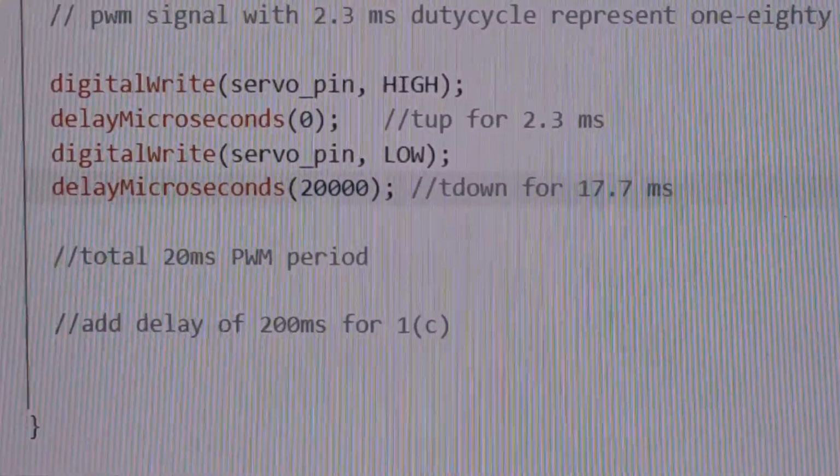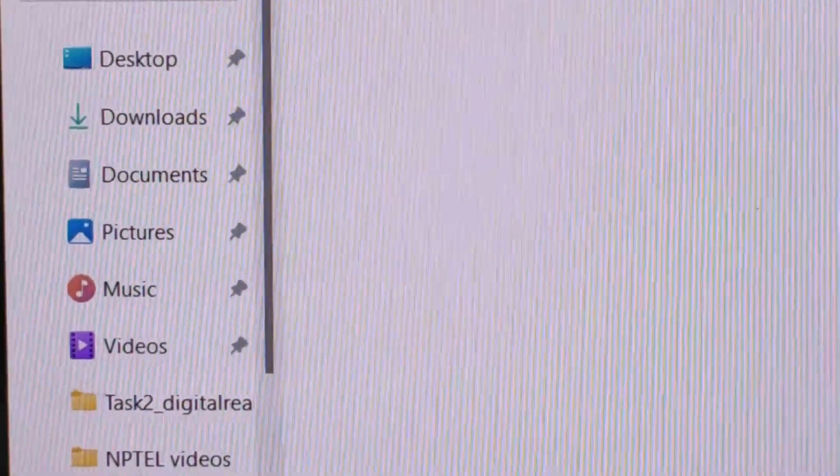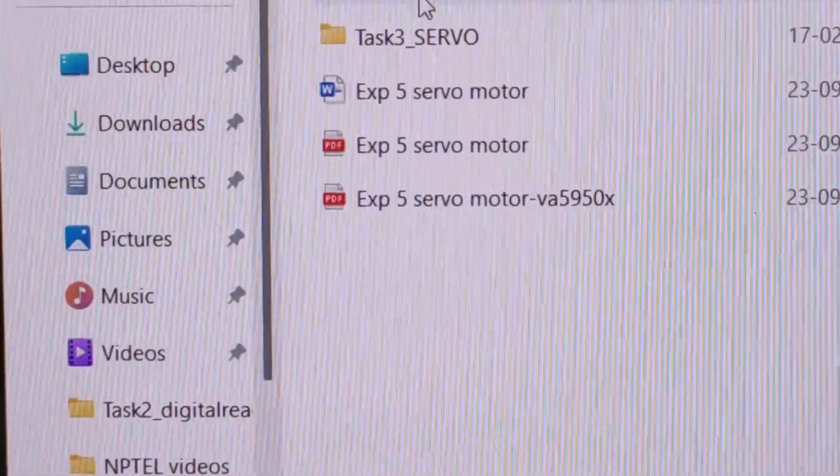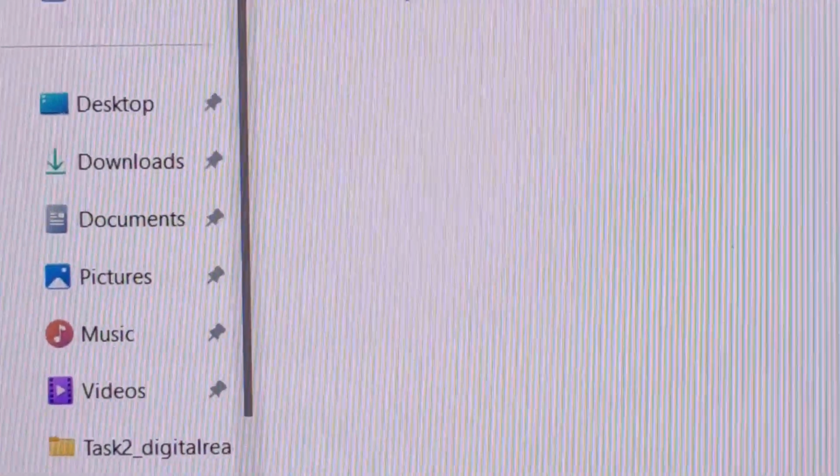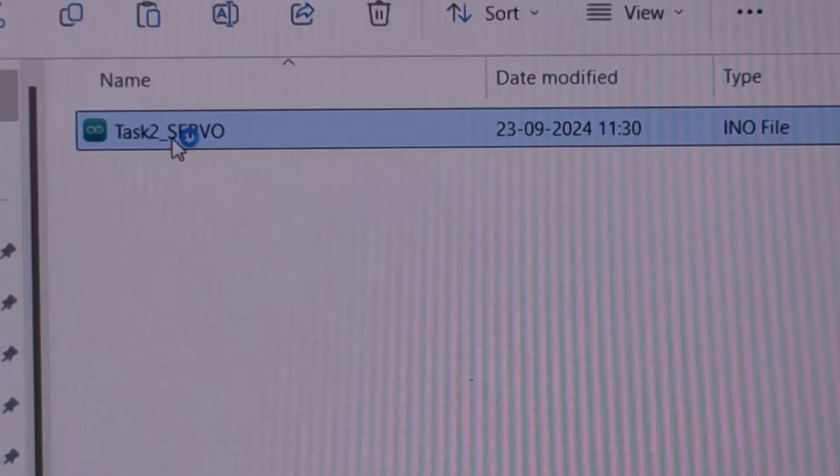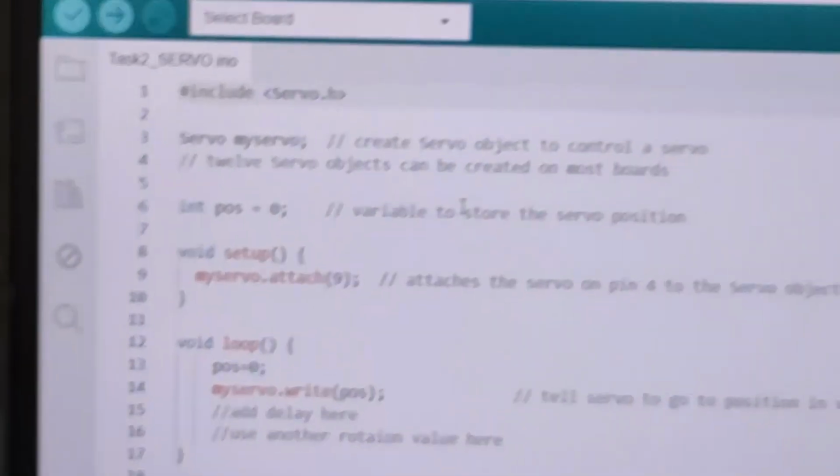Next, what we need to do is look at task number 2. In task number 2, it will call task number 1.